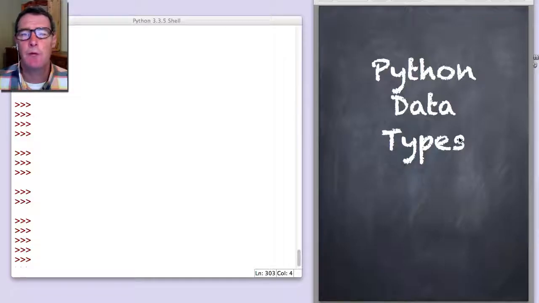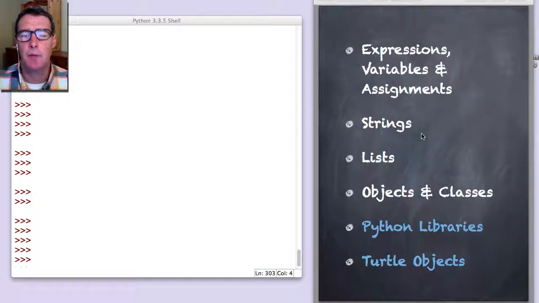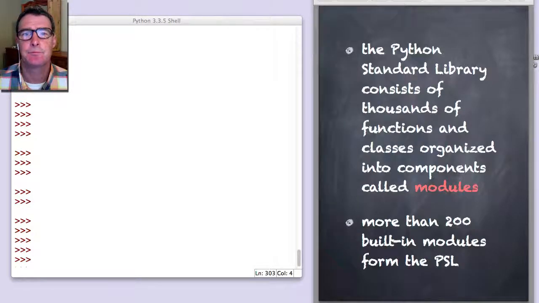We'll finish off this section in Python data types by looking at Python libraries and something called turtle objects. Core Python programming language comes with data types such as ints, floats, and strings, and it comes with functions like min and max and absolute, but it's kept small for efficiency